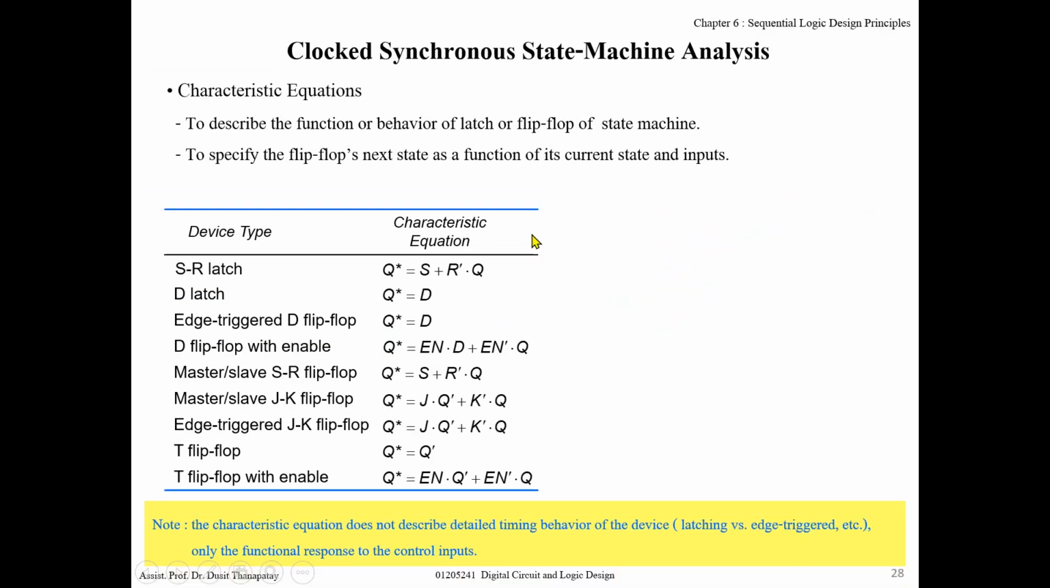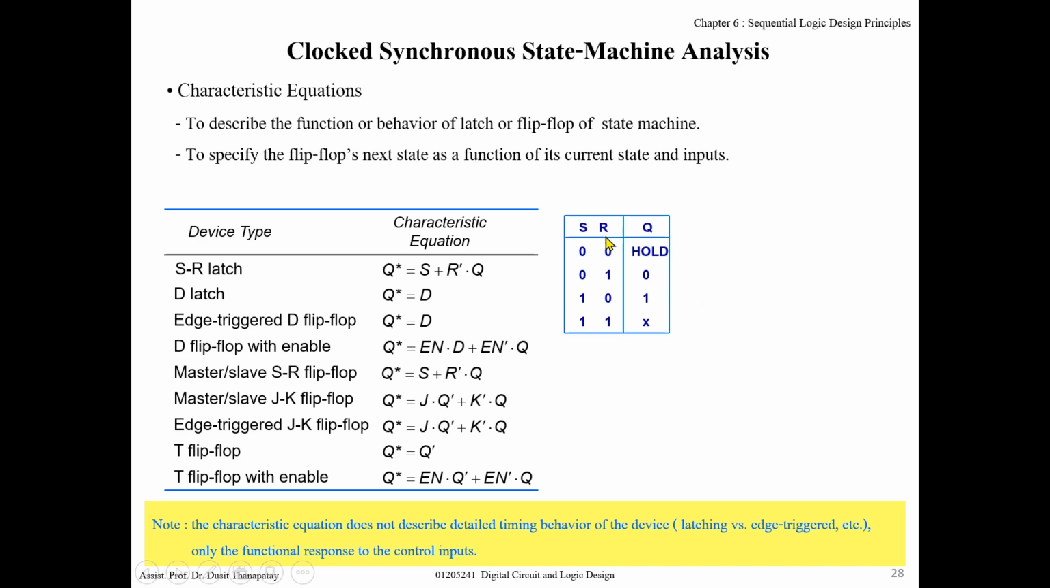Anyway, if you use another flip-flop or latch, you can use it. It's possible. And the equation that shows the relationship between the output of a latch or flip-flop and its input is called the characteristic equation. You can derive the characteristic equation by using each property. For example,